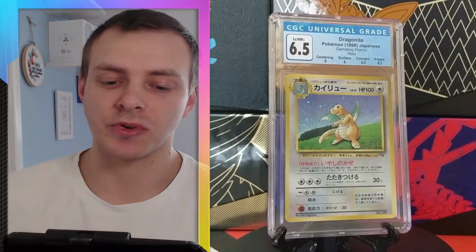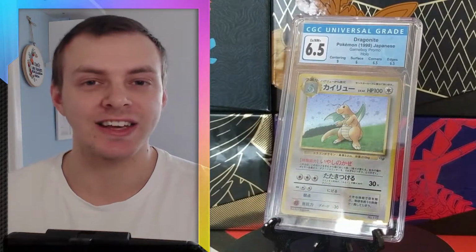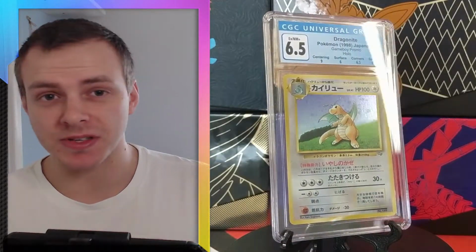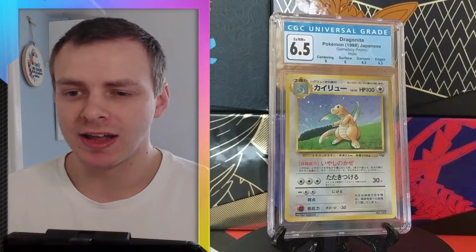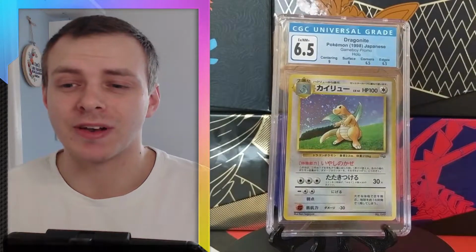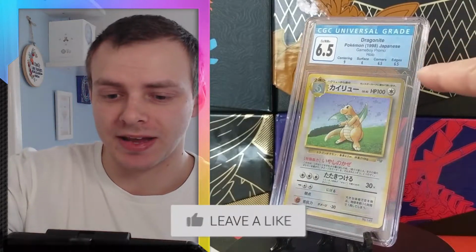So the first card I want to talk to you about is my Dragonite Game Boy Promo, Japanese from 1998. Now this got a 6.5. This is probably the card that I'm most disappointed with in terms of the grade. It's got a 6.5 and a 9 for surface centering, 6 on surfaces, 6.5 on corners, and a 6.5 on the edges. The edges, there is a bit of centering on the top right, as you can see up here,